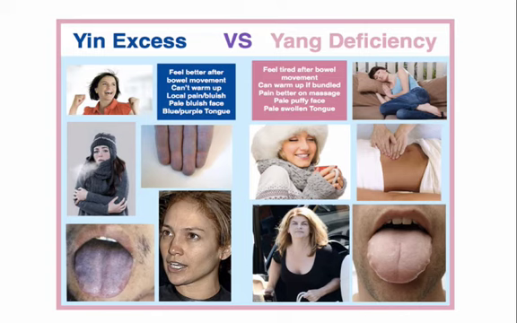So like I said, bluish fingers would be what represents a yin excess. With a yang deficiency, if we have some pain, it will be definitely milder. It won't be as strong, and it will be better on massage. So if someone gives you a nice rub, a nice massage, you feel much better. While usually the person that's yin excess does not like to be massaged because it hurts and it makes it